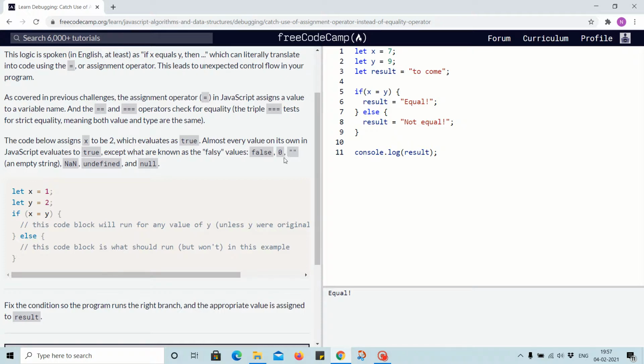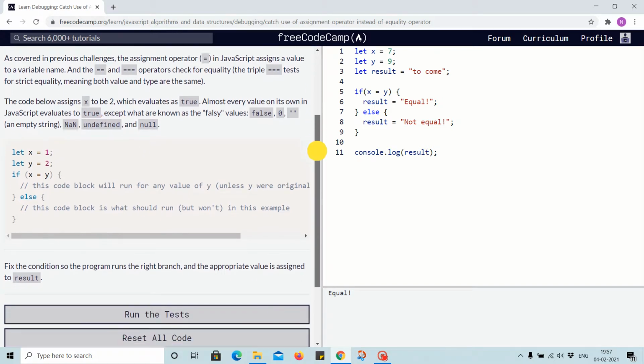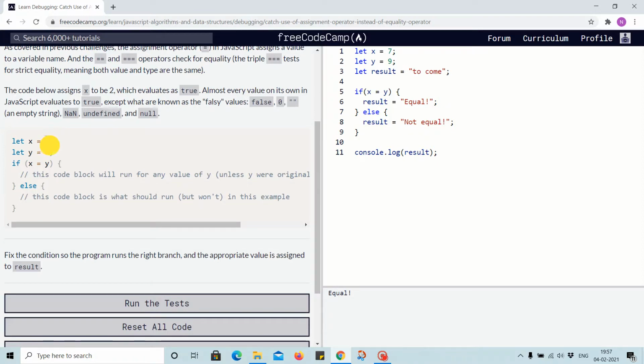Almost every value on its own in JavaScript evaluates to true, except what are known as falsy values. For example: false, 0, double quotes without any spaces, that is, an empty string, NaN, undefined, and null. We can see here an example where x equals 1 and y equals 2